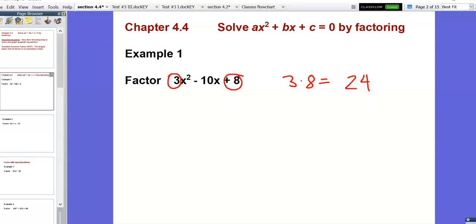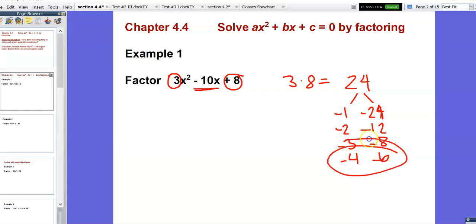And now we're going to factor the number 24. So we have 1 and 24, 2 and 12, 3 and 8, 4 and 6, and then this concludes our list. The back number is positive, so that means we have a positive 24. We're subtracting the middle term, so both of our numbers are going to be negative. So we want to look for the pair that adds to make negative 10, which for us is negative 4